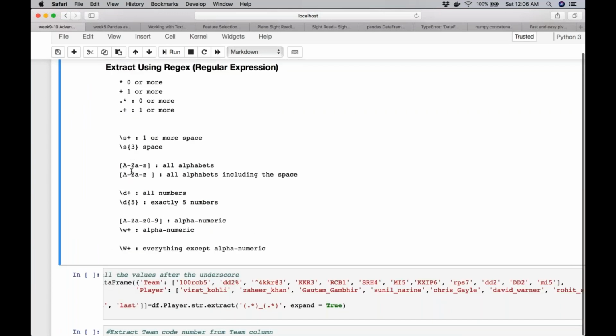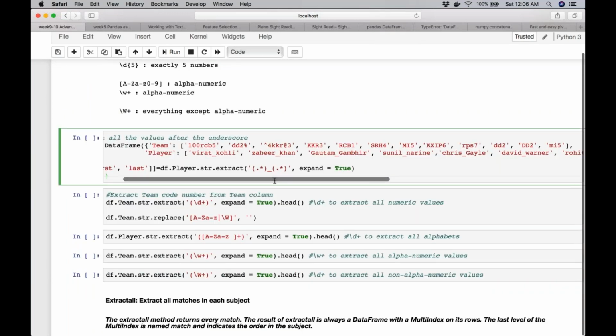Now we can also use the regex. We can simply say str.extract. Extract requires a capture group, so it will only capture everything which is inside the bracket. What I am telling the regex is that I want to first capture everything until it encounters an underscore, so everything before the underscore, and then everything after the underscore.